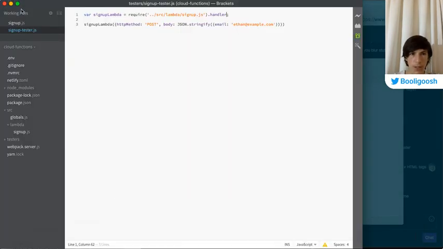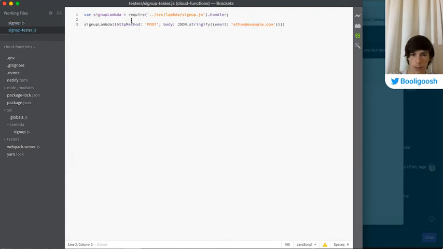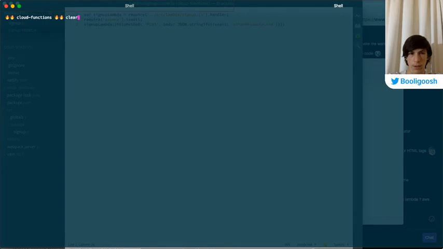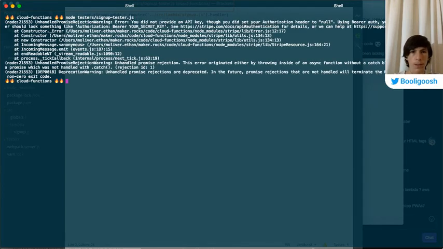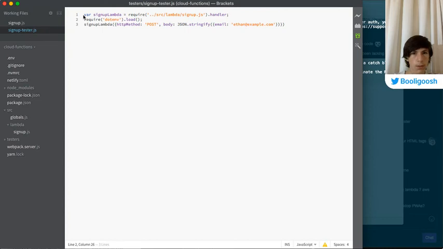You didn't provide an API key. Oh yes, that's because we need to load the environment variables. So this will load the secret thing which lets me access Stripe.